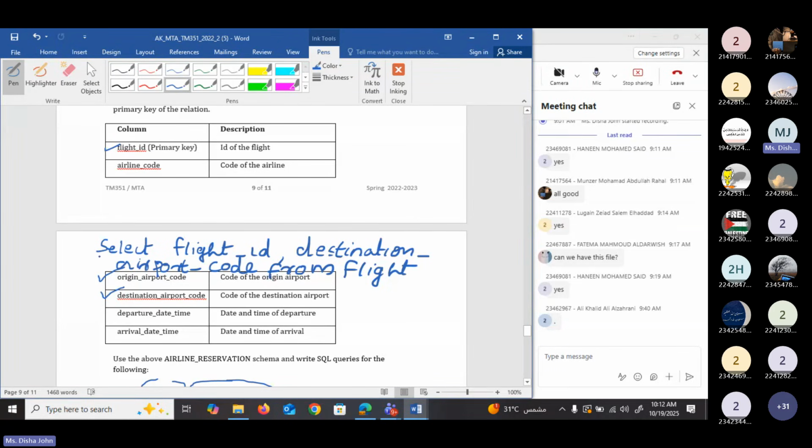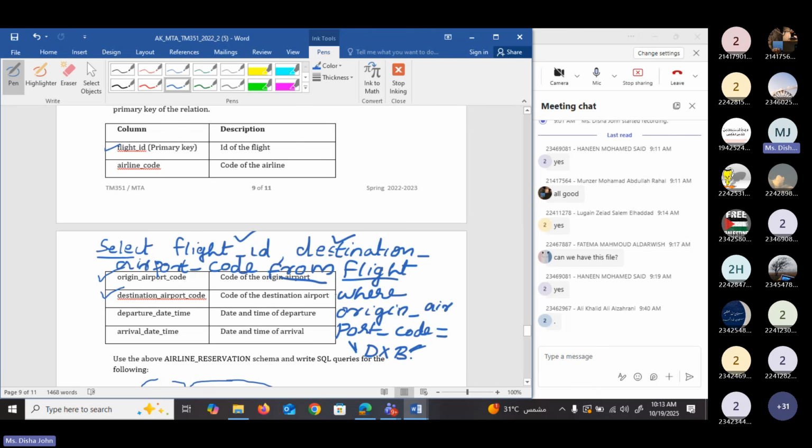So look, along with the select, what I wrote, the name of the columns, flight ID and destination airport code. Then we wrote the from clause. Along with the from, we wrote the name of the table. Then we have to write a condition. What is the condition that they given in the question? To write the condition, we have to write the where clause. And here I have to write where origin airport code equals DXB. So use quotation and then write DXB. Either use single quotation or double quotation. So this is the corresponding SQL statement.